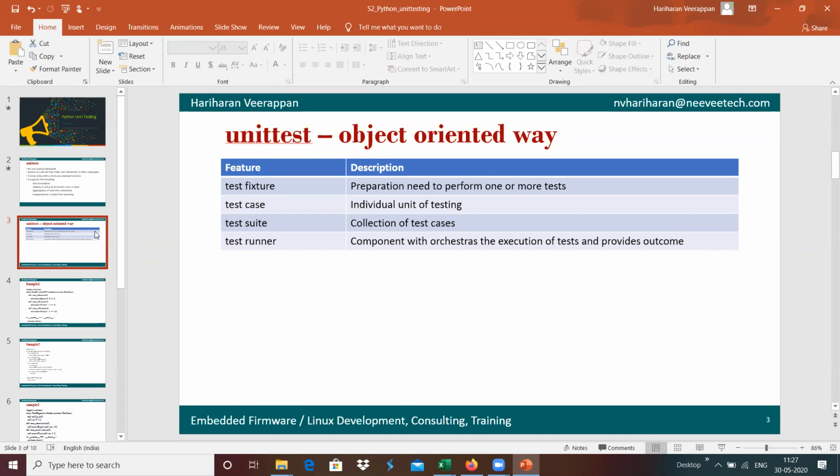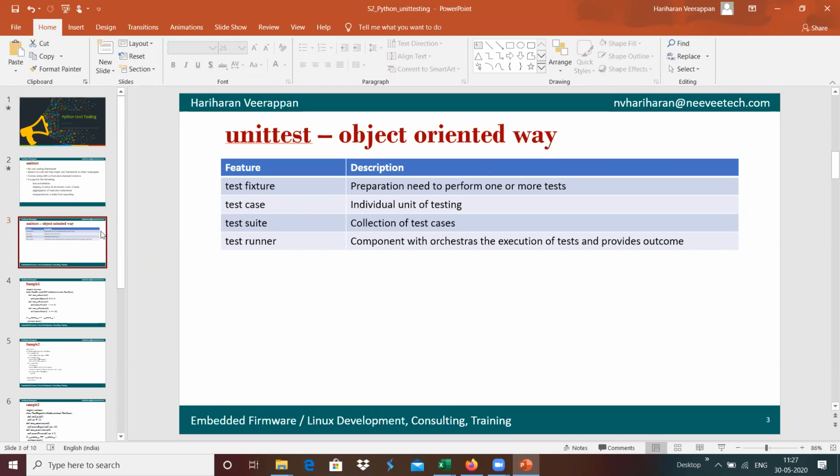If we run that test suite, it runs that collection of test cases and updates with the test results. And we have the test runner, which is a component that orchestrates and executes multiple tasks and provides the outcome of the tasks basically over here.